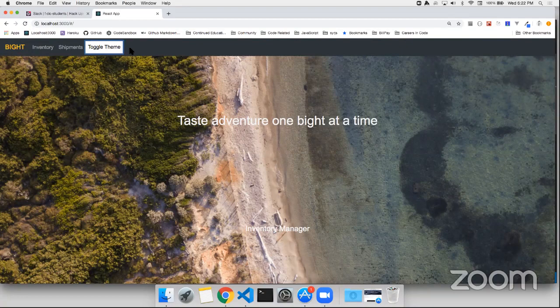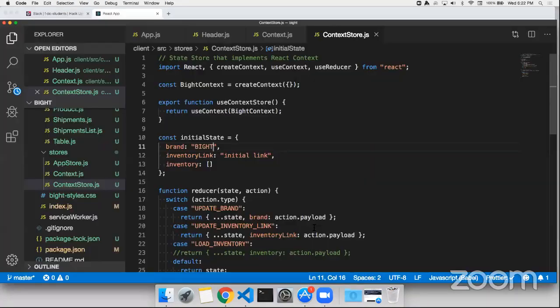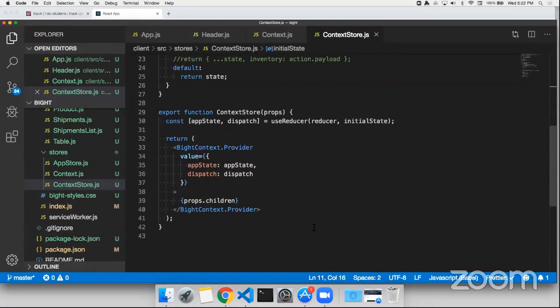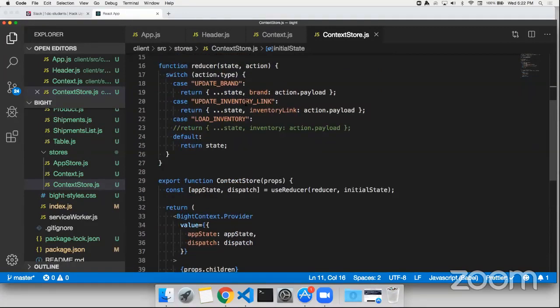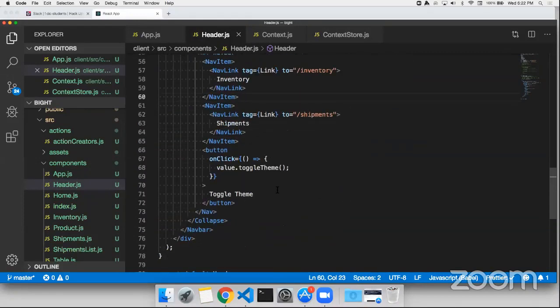Now, this isn't going to work anymore, obviously. Instead, let's dispatch an action to update the brand. So on click, we'll call this updateBrand, so we know what we're doing. And this is now value.dispatch. We want to dispatch an action. So the first thing is we give it a type of update brand. And the next thing,